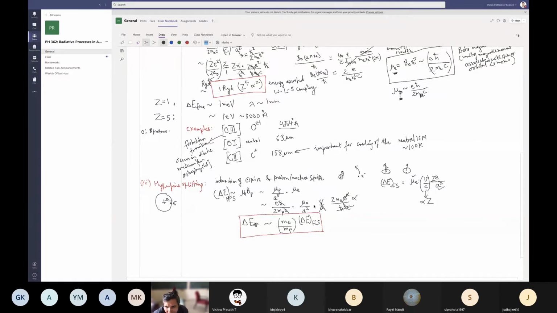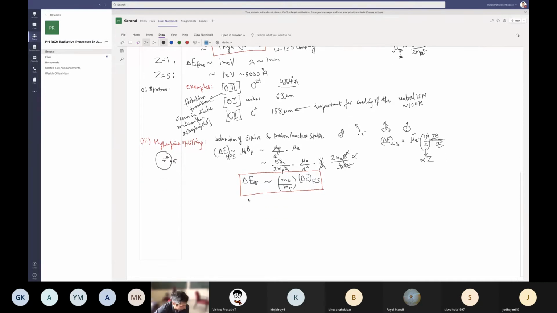Z is there, alpha is there, mu_E is there. The only thing that remains is 1 by M_P. So this is the scaling, okay? So what does it give us? It gives us that delta E is of order m_e by m_p times Z to the 4 alpha squared,